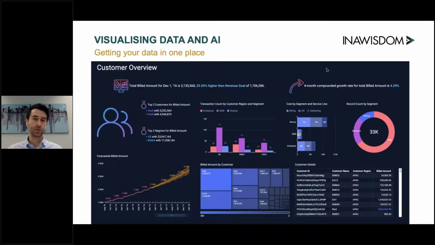So this is perhaps a way of showing in one big screen all of the information that one organization would need at a high level. And notice on the bottom left, there's the forecasted build amount. Now, this is where AI comes in. We are trying to make predictions about how good the sales of this particular product will be. The idea here is to have everything you need in one place, in a transparent place, to make decisions that will help you improve and achieve your goals within your organization.